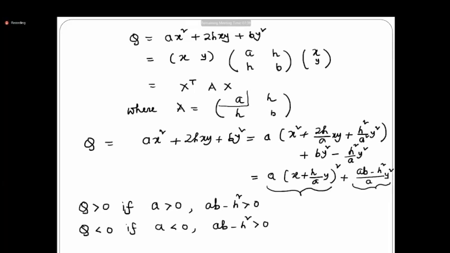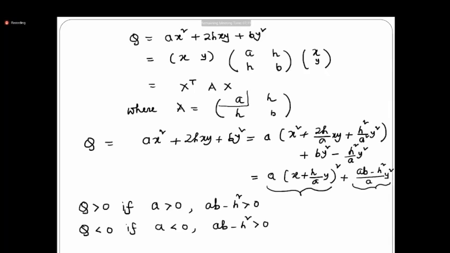If some of the principal minors are coming as positive and some of the principal minors are coming as equal to 0, then we can say that ultimately it is going to be positive semi-definite, but it cannot be negative. Remember that negative we cannot afford, but if it is positive or 0, then we can consider it to be positive semi-definite. Is it okay?